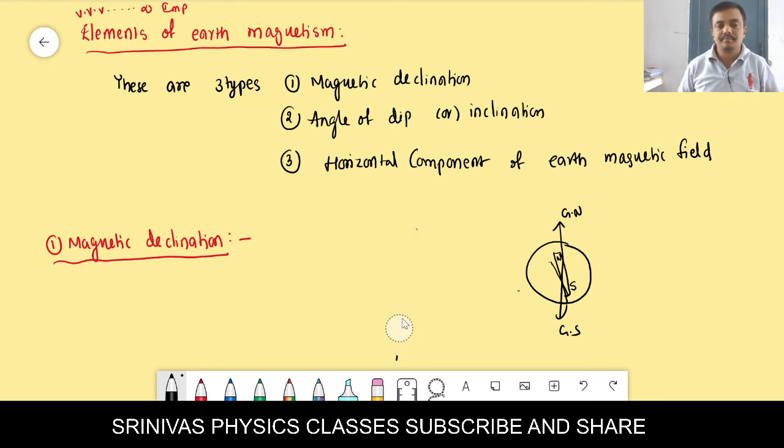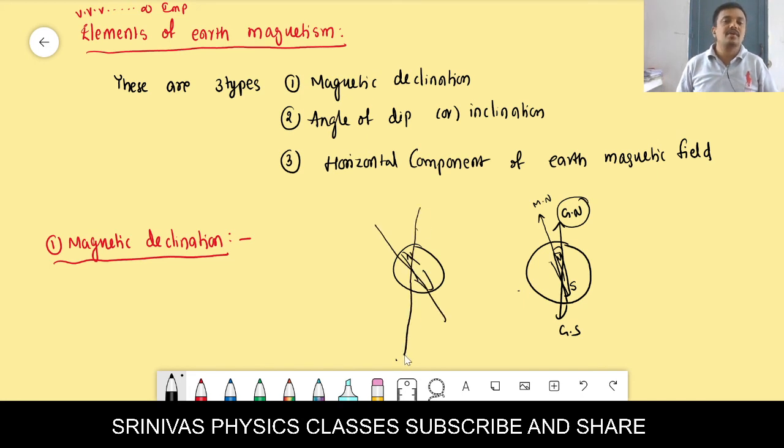And here, this is the actual magnetic compass north it is showing, right? But geographical north is this one. There is a little angle there. That angle is said to be magnetic declination. Okay, right? This is the angle between the actual north shown by the compass pointer, right? The angle between the direction the compass pointer is showing and the geographical axis, right? And that angle is said to be magnetic declination.